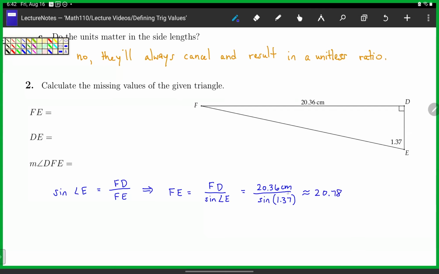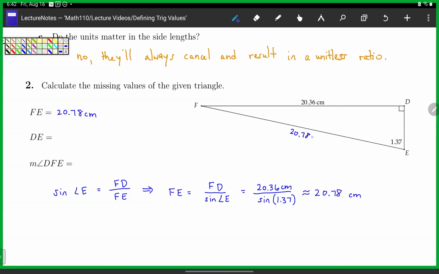And what I have here in numbers is centimeters divided by a pure number, so that result is going to be in centimeters. So FE is going to be 20.78 centimeters. It does kind of make sense that that hypotenuse is longer than this longer side length, but not a whole lot longer. Okay, so for DE, now that I have that this is